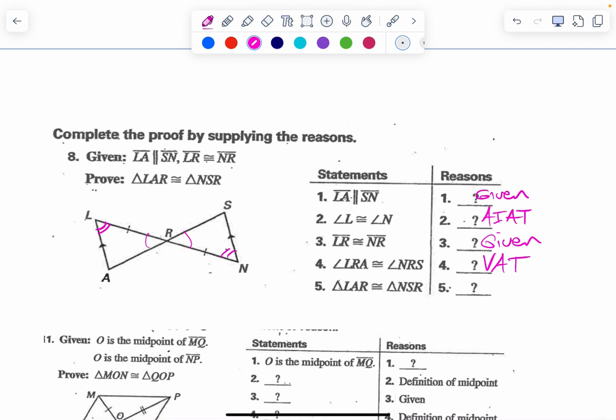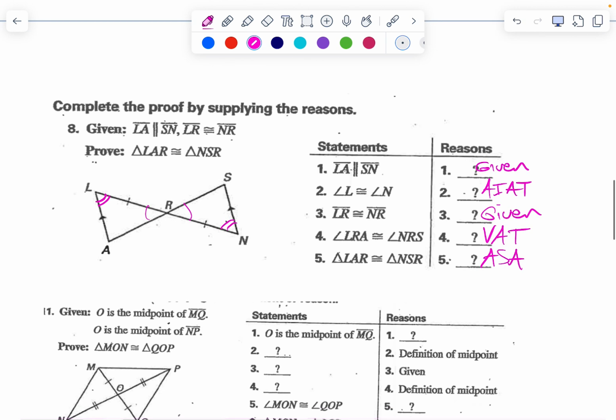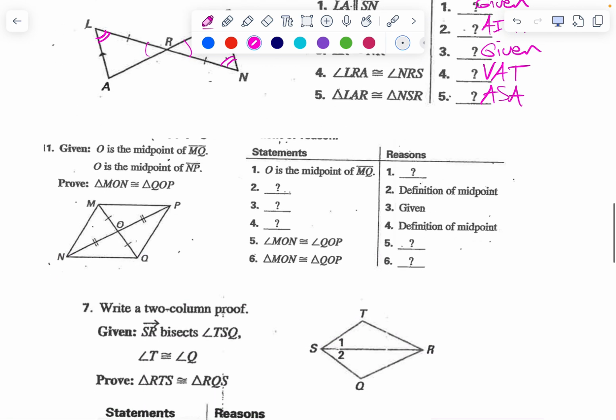And then to see why the two triangles are congruent, we really need to make sure everything is marked in the picture. Always make sure your picture is up to date. So what scenario is this? That's angle, side, angle. You cannot use anything else. The only way to prove triangles are congruent are the 5 ways. Always and forever, you cannot use any other theorem to prove triangles are congruent. Next one,